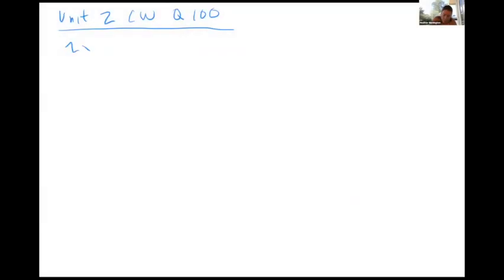We've got 2x plus 3y less than or equal to 12. 2x plus y is less than or equal to 8. X is greater than or equal to 0. Y is greater than or equal to 0. And we want to maximize